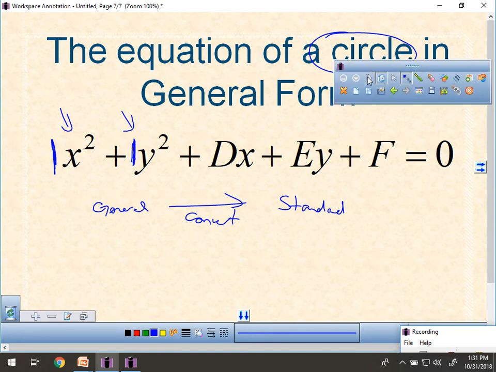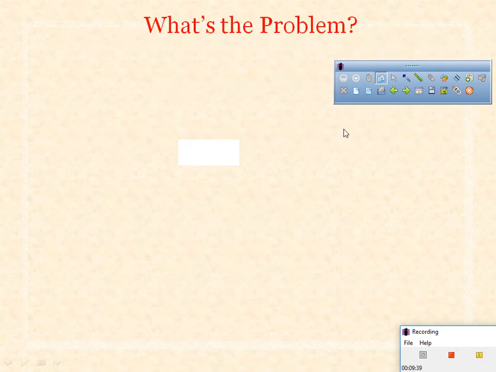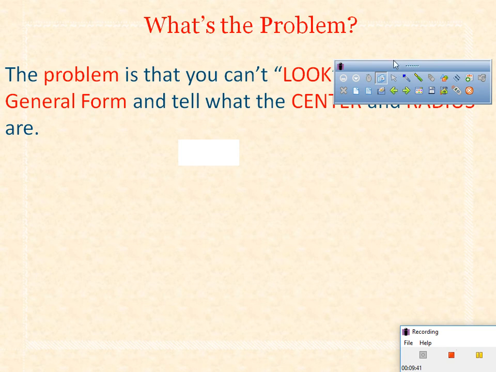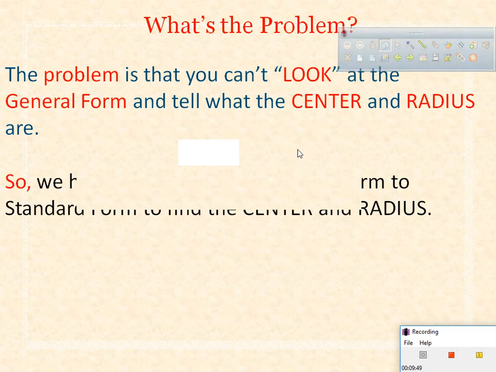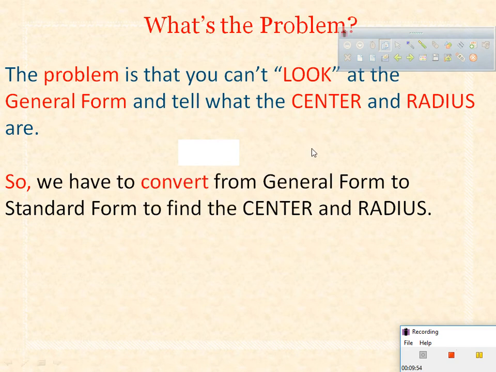All right, so what do we do? The problem is that if you don't have it in standard form, you can't just look at it and tell where the center and the radius are. That's the problem. So what we're going to do is convert these general forms into standard form. That way we can tell the center and the radius. So here is